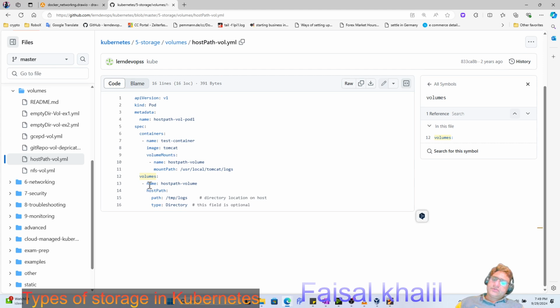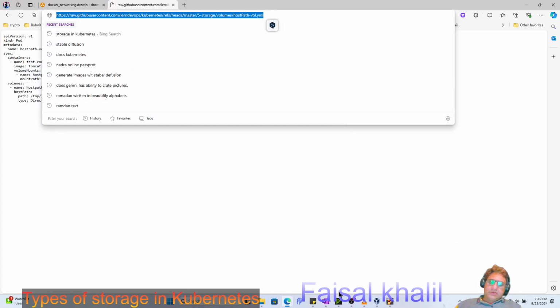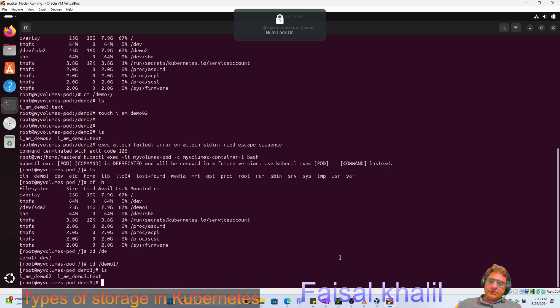Under volumes, we introduce something extra here. Our name is host-volume, and in the host-volume, this is the declarative language. Here is the path on my host or on my server, the physical location, and type is Directory. And now this is the optional field. Now let's go to raw. Quickly copy this, go to our master node, and here I can say first just